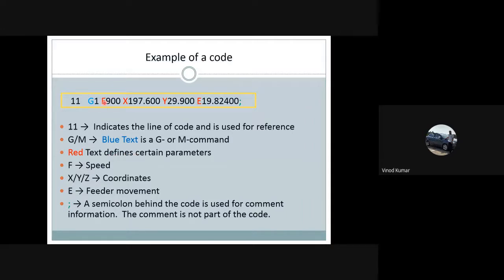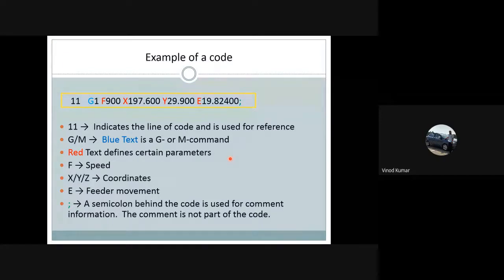For example, F900 represents the speed, X and Y values are the coordinates, and E represents the feeder movement. The semicolon represents that this particular line is done, and then we can go for the next line. Like this, a sequence of codes is generated so that the machine understands, and every code is taken into picture and executed. That is how a 3D printer is going to work.